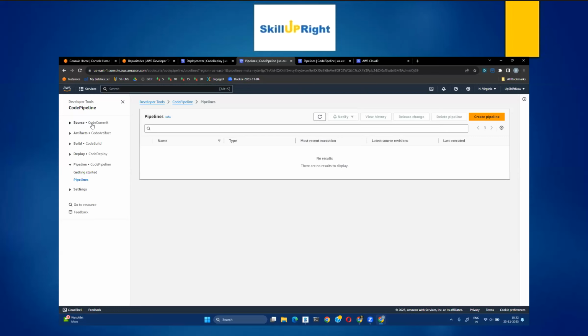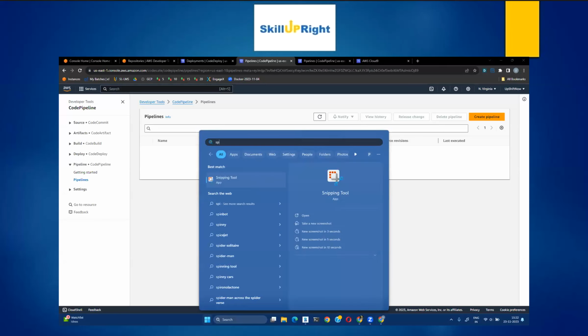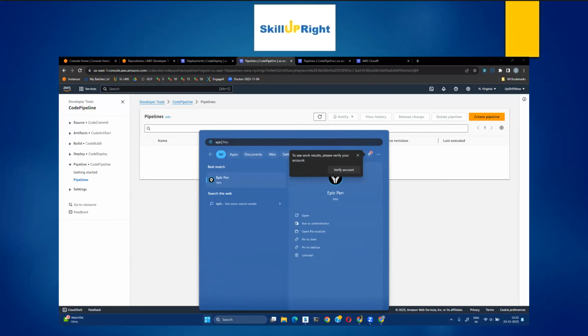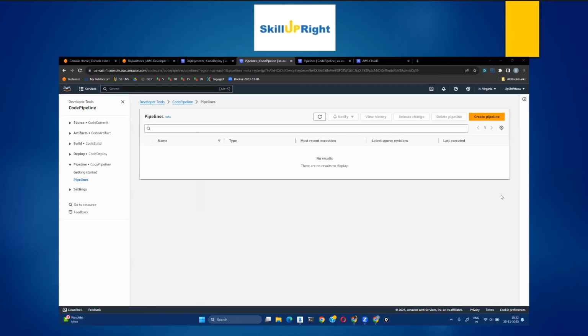You can have your source code here. You can run your source code static code analysis and your packaging and your test in the build. Your package outputs can go in the artifacts, and then finally you can deploy those outputs on some deployment environment, right? These four tools, they allow you to